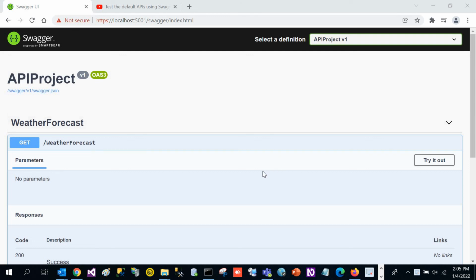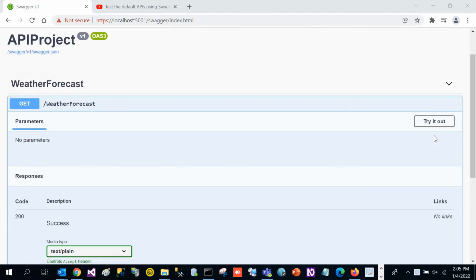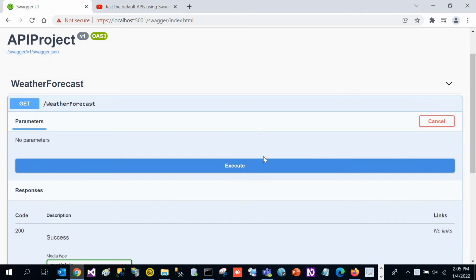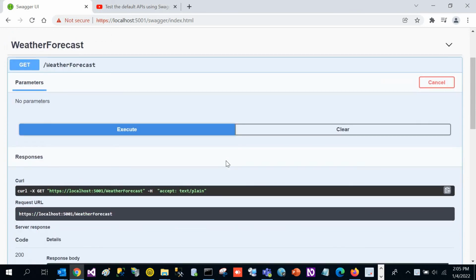Now we can test this web API project on this UI. So here it is given. Let's click on this button, try it out. And after this, we are getting one more button to execute. So let's click on that. After clicking on that,